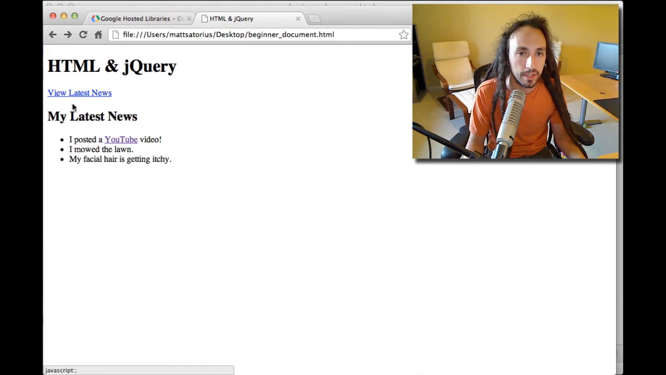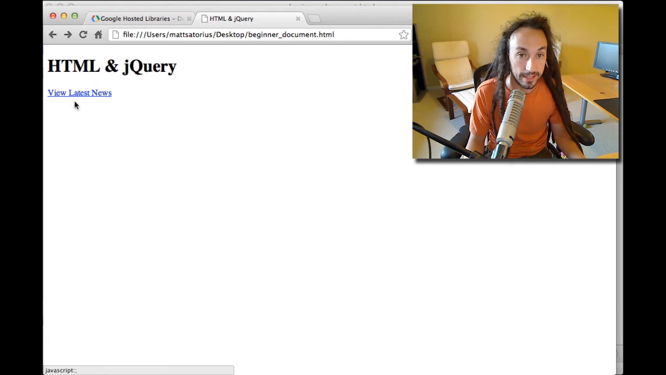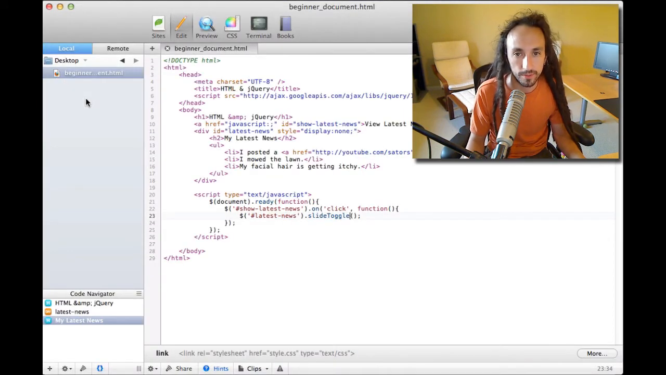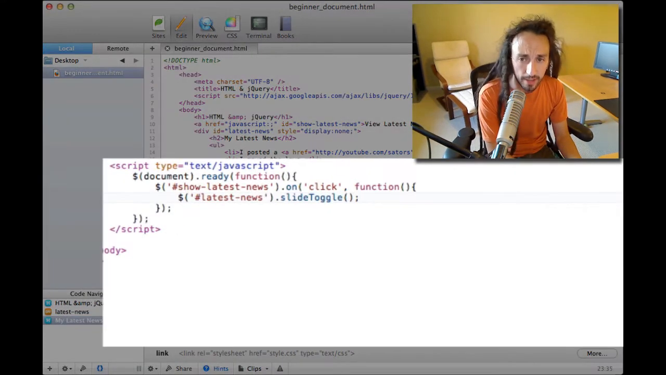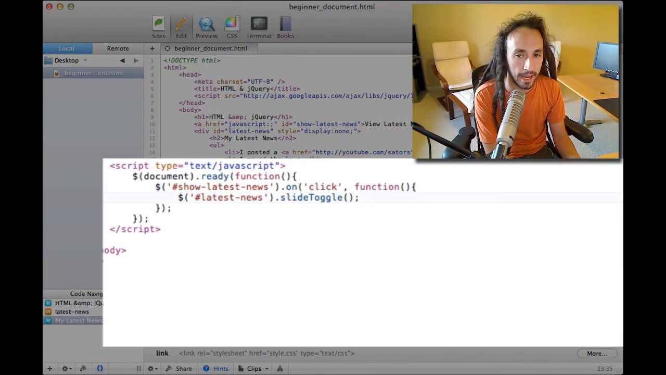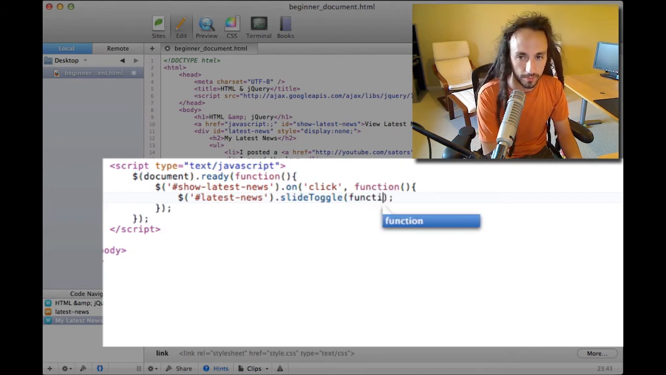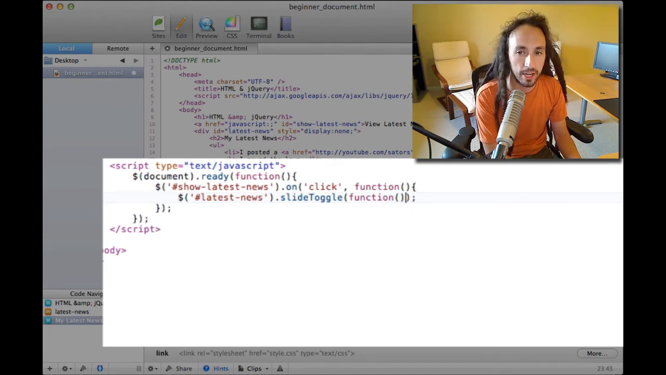But we have a problem. This link always says view latest news. Well, when the news is showing, I want that link to change to say hide latest news. And when it's hidden, say view latest news. So we can do that by putting in a function within our slide toggle, and the same would work within toggle or show or hide as well. But this function here will fire once the animation is complete. So here is my